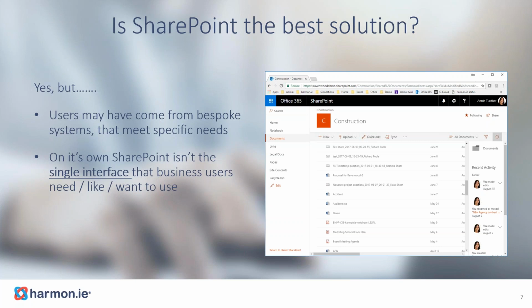But on its own, it can be a real challenge, because people may have come from, let's say, a bespoke system for particular requirements, or they may have come from a number of different systems where there's key advantages to each of those systems for different stages or for different